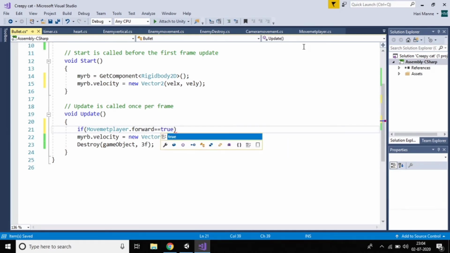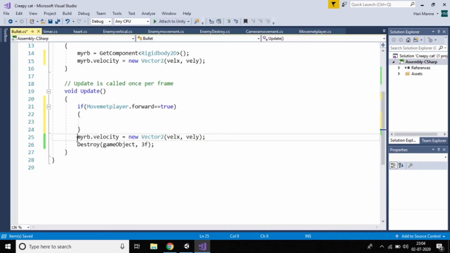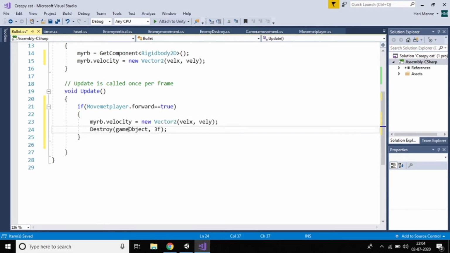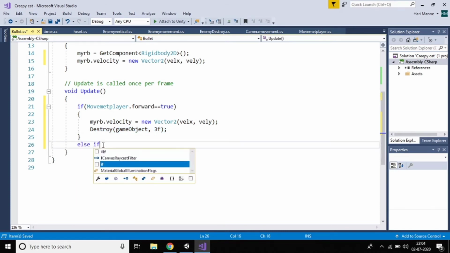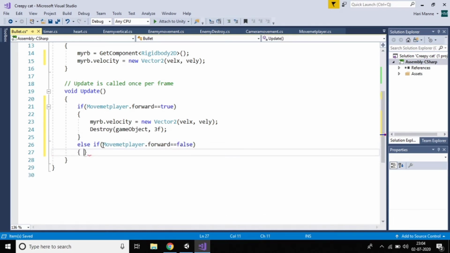Here I'm writing the code: Control X and Control V, paste it here. Then the velocity x, and in the else if, make PlayerMovement.forward equal to false, then copy and paste it here.